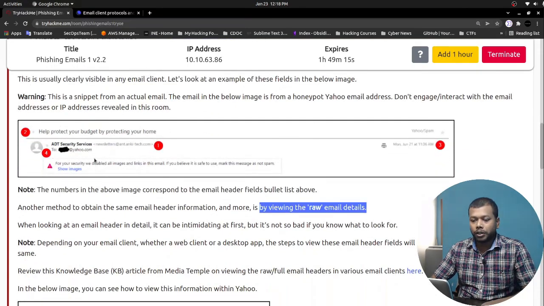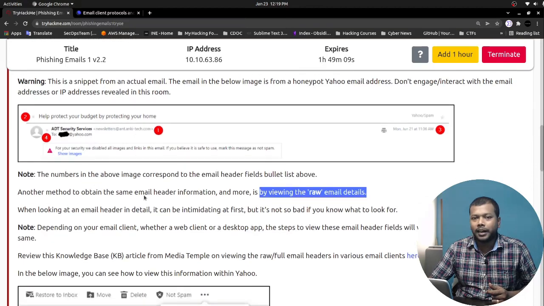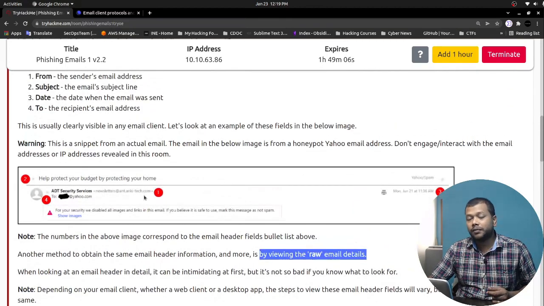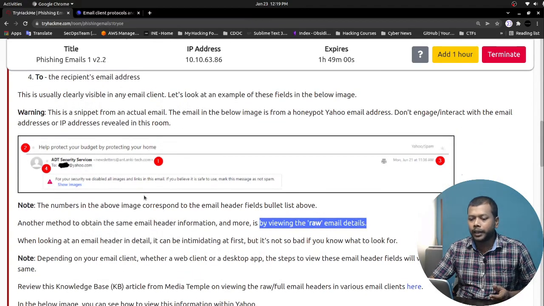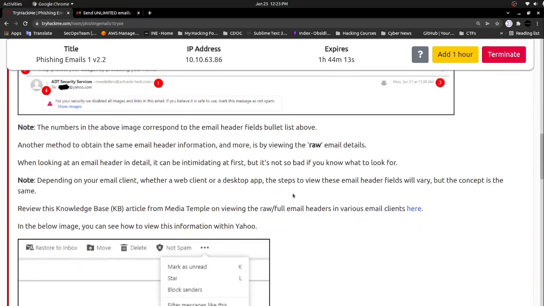So let's see. The syntax of email messages is known as Internet Message Format. That's just a theoretical concept to be aware of. And let's look at the email headers first. So in simple terms, when you look at an email, let me zoom in a little bit. Yeah, if you see an email,